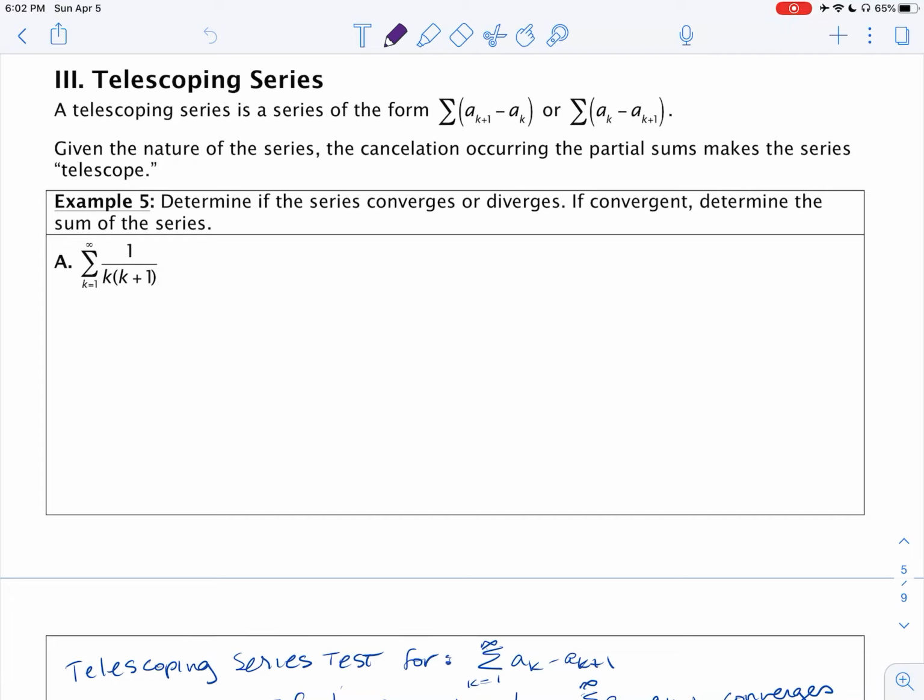Well, a telescoping series will take the form of the sum of terms a_{k+1} minus a_k, or if we've got a_k coming first, then we subtract a_{k+1}. So we're looking at these types of forms here. And we want to look at whether we can express the series that we need to determine convergence or divergence of in that form, and then use the rules for that. So what is that telescoping series test, and how can we determine if a telescoping series is convergent or